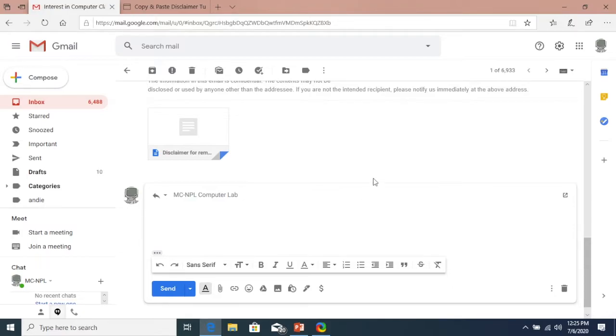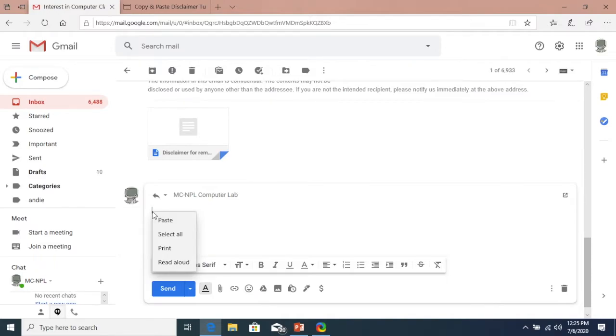Now that our reply email window is open and addressed to the computer lab, we are going to paste the disclaimer text. Keeping the cursor focused, right-click, and the command window will appear again.